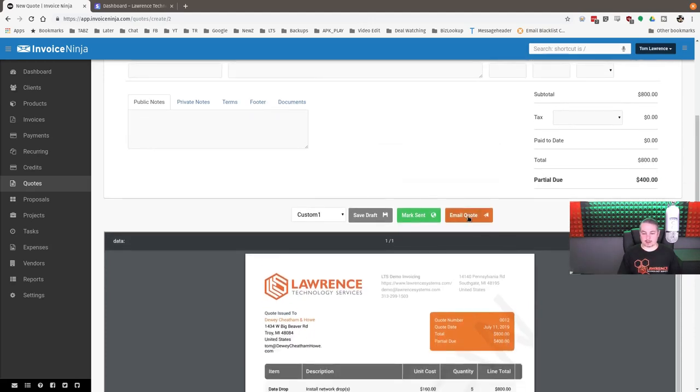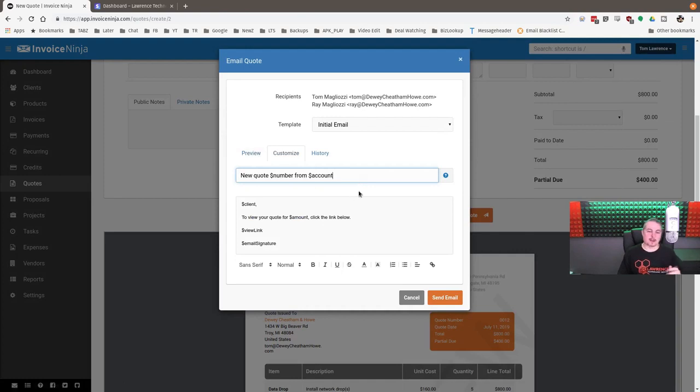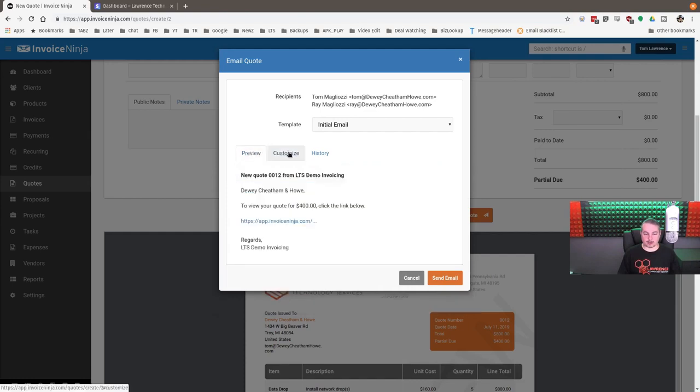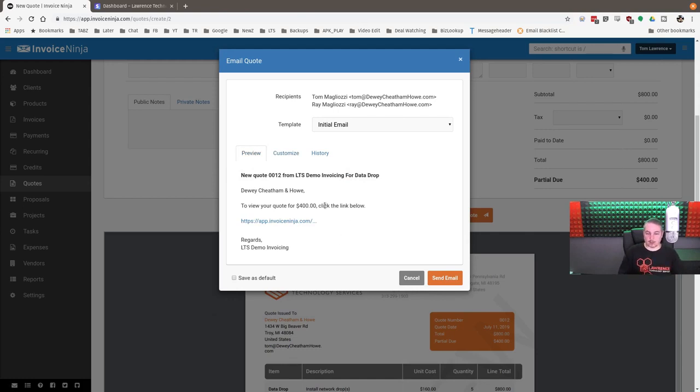Now, emailing the quote, just hit email, customize it. I like to customize it, and there's a lot in the documentation here. So quote from account, so you can see what it looks like. New quote 0012 from LTS Demo Invoicing, because it has our company name in here, for data drops. I like to do this because that becomes part of the email header. When you're seeing there, we have a different wording that we use, but it's kind of cool. It's going to send them the email with a PDF attachment, so they can see it, but they get to click the link and go into their